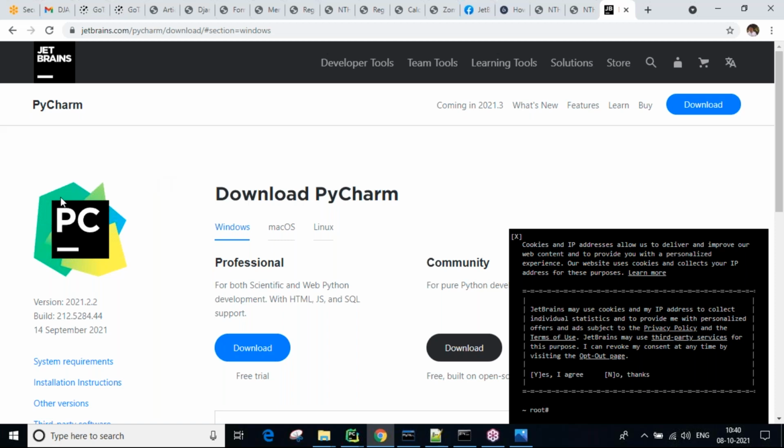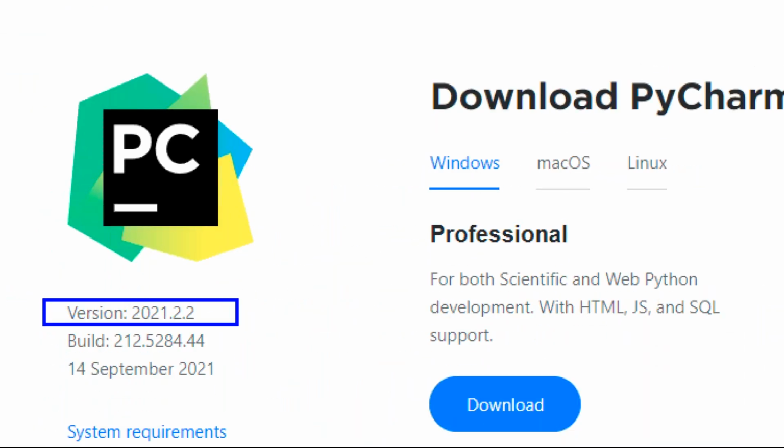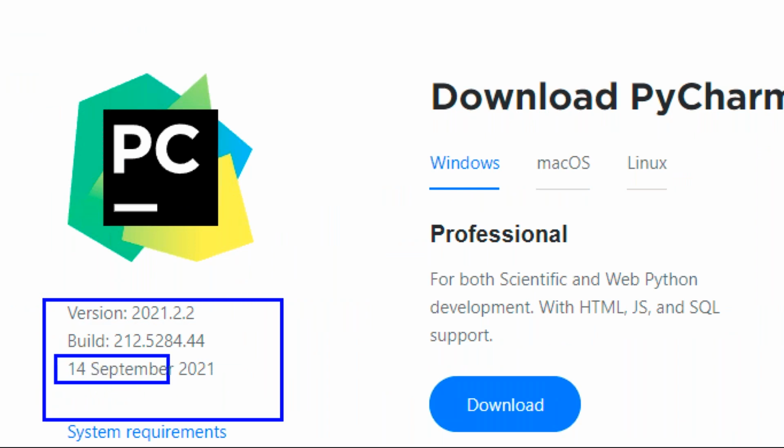See guys, when you are downloading, you are going to get a version number. Somebody is asking about the version. It was released on 14th September 2021. This is October, hence 15 days back, or maximum 20 days back. They keep releasing, and we don't know exactly what versions are released. So the version is not a matter. Simply search PyCharm professional download. That's enough.